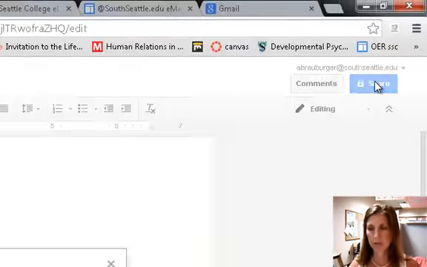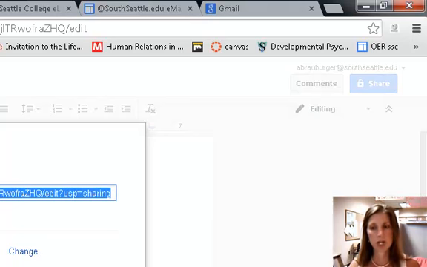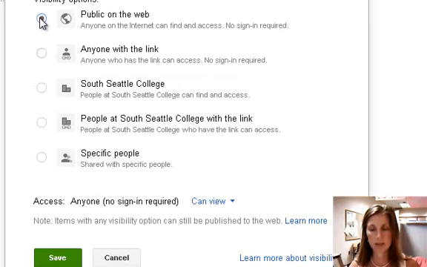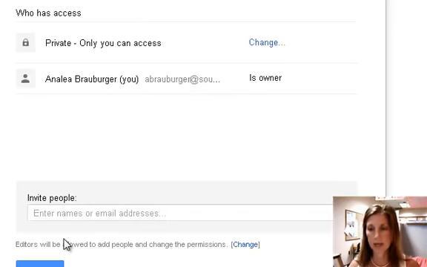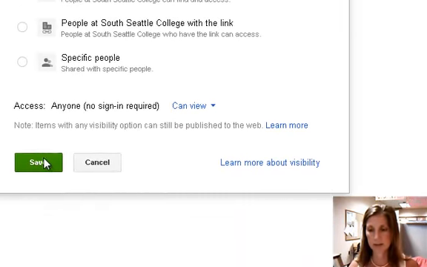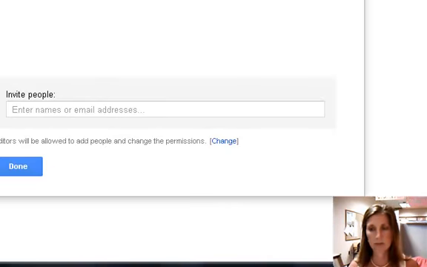When you go to share, you can change this access. It's automatically private, but I can change that, and I can make it public to every person in the world. I can make it for anyone who actually has the link I provide, make it for people that have an at southseattle.edu address, people at South Seattle that also have the link, so that gets a little bit more specific, and then specific people, if I choose that, then I can save and I can invite people with their email. But if I change this to anyone with the link and save, I can now give this link to you